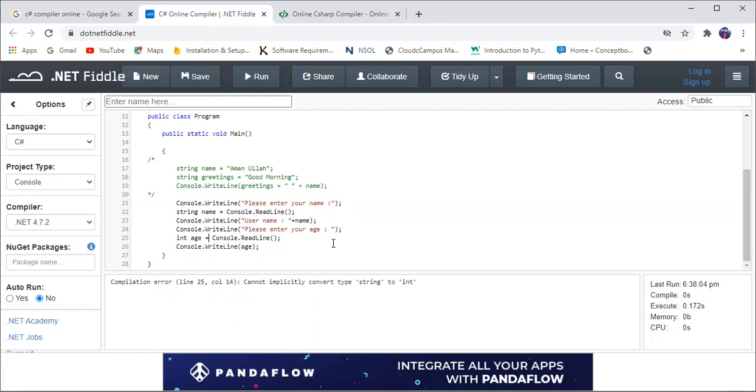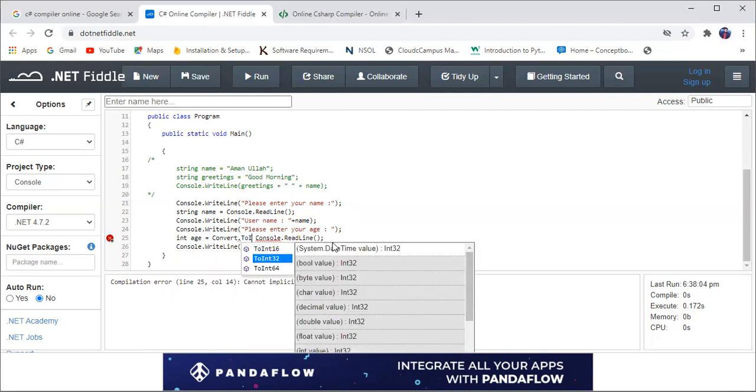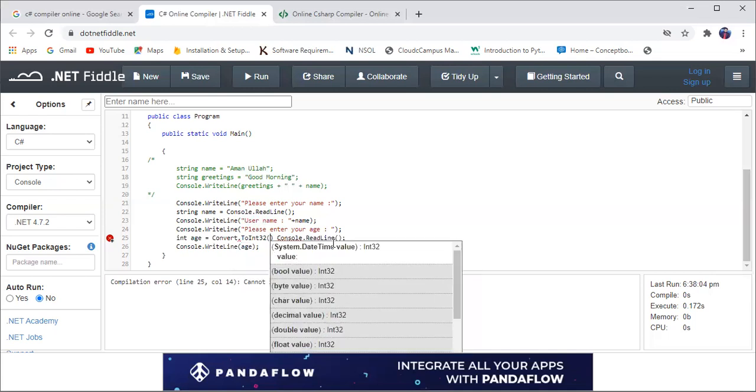So right here I will use Convert, a built-in method, Convert.ToInt32 or Int16, anything.